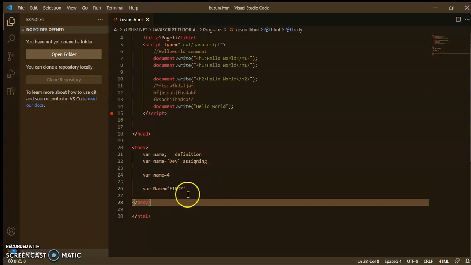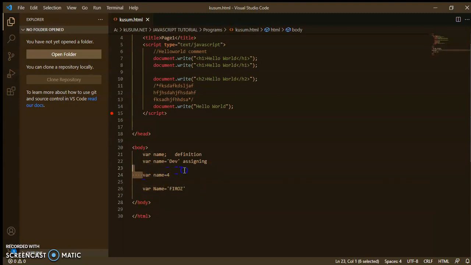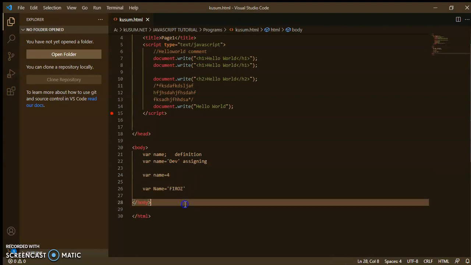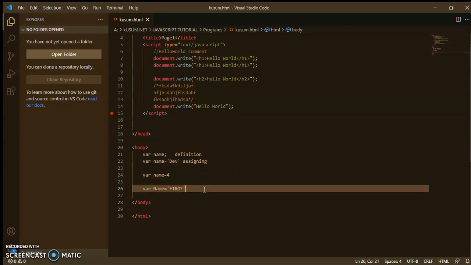I have also created a Name variable here, but these two are different, because here is a small n and here is a capital N. JavaScript is case sensitive, so this variable and this variable are different.